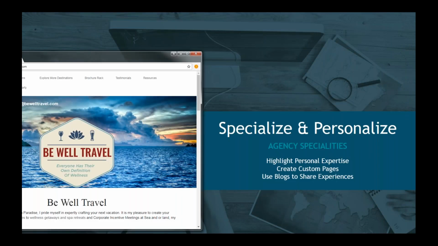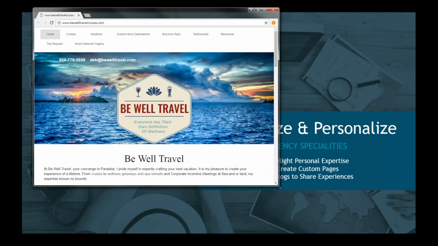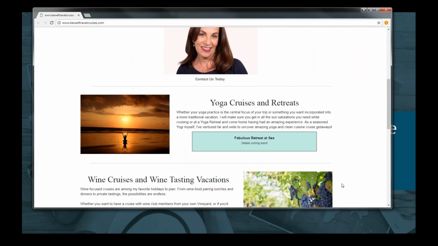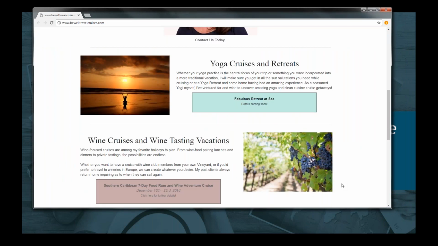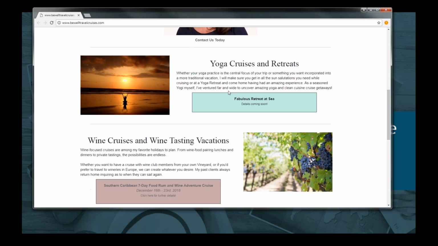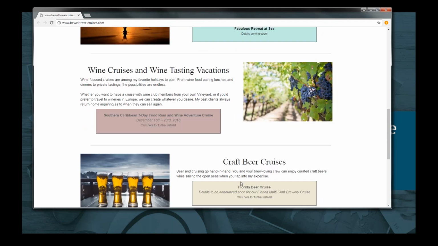Another idea of how you can highlight your specialties would be something that Deb with Be Well Travel has done a very great job of. She has a lot of individual groups. It's basically what she specializes in, and a lot of it is yoga, wine, cruise and wine tasting, craft beer, and then spa. So each of these little sections on her site actually are highlighting a different group, and these are updated often. And then all of these, your customer could click on and learn more information